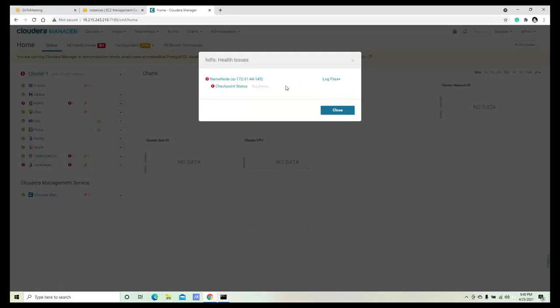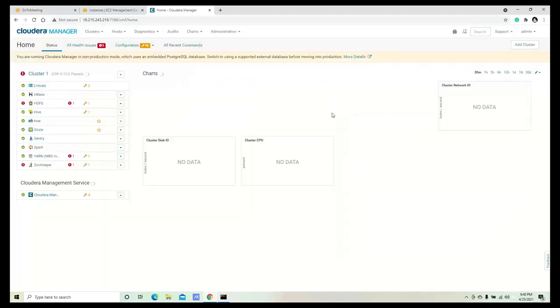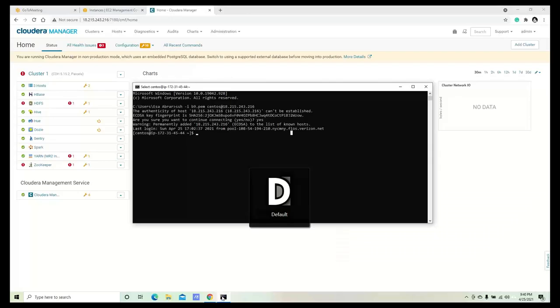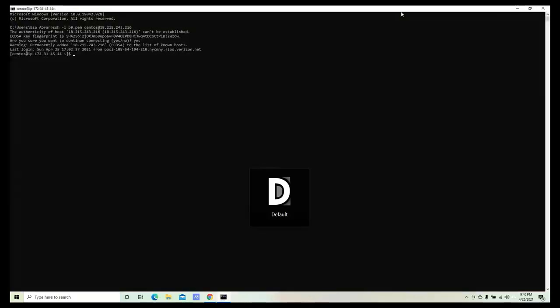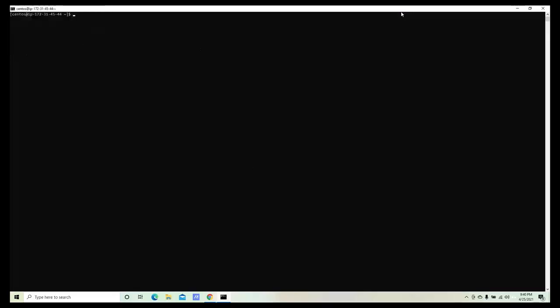Okay, so what do you understand by checkpoint? That it has something to do with the metadata, right? So how will we check such a case when we are on HDFS? Okay, so first thing first, every time I've told you, every time you have to start troubleshooting, start by going and checking the logs. So this time I will be going to